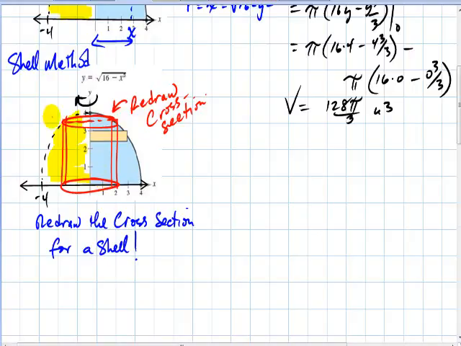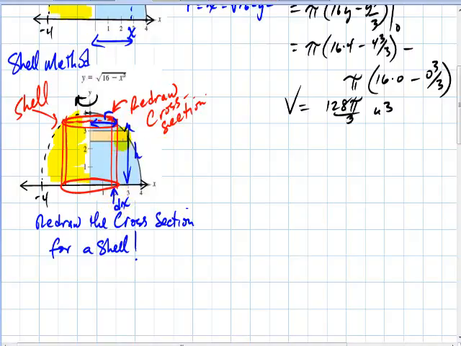Okay, you can see that. This is a shell now. And what we need to do is figure out its radius right here, that's r, and its height right here, h. Okay, and we have to write those as functions of x this time because you'll notice that our thickness is